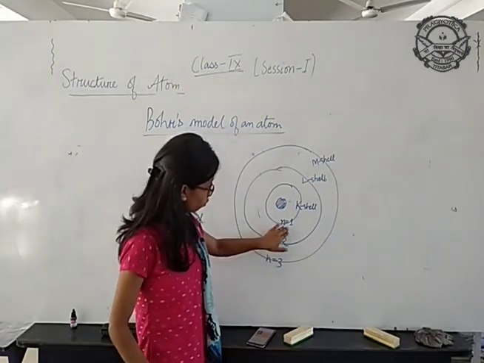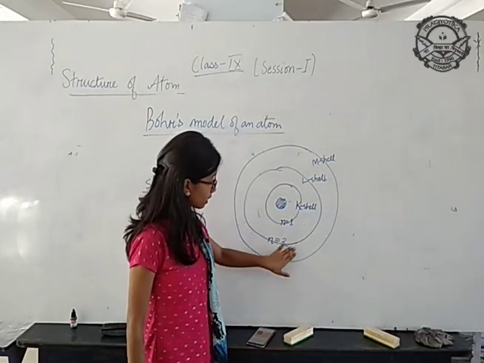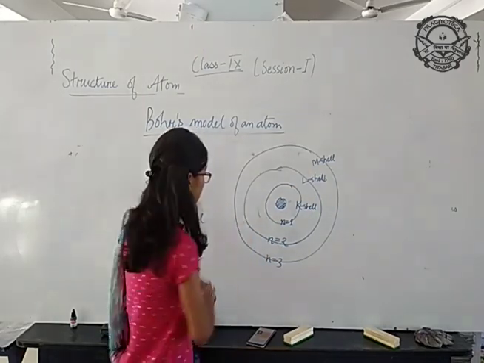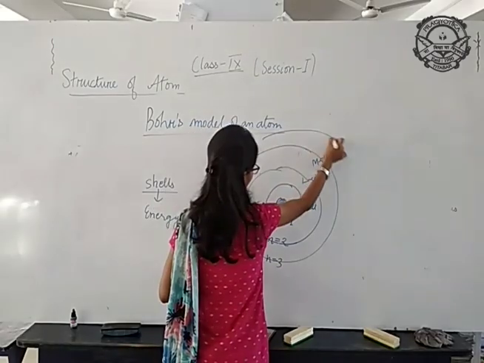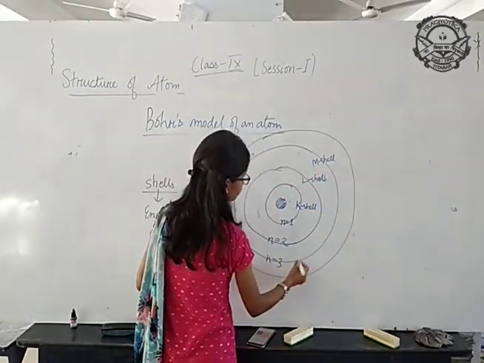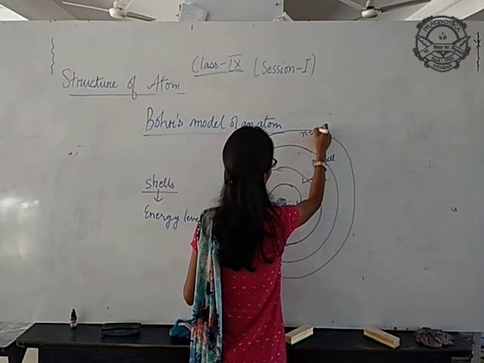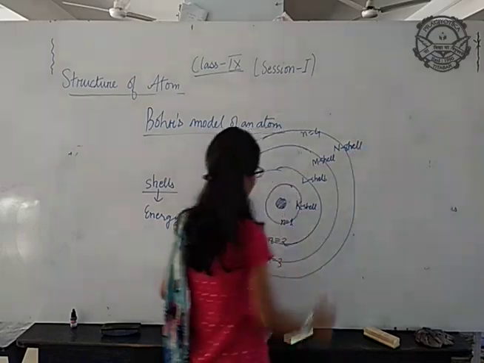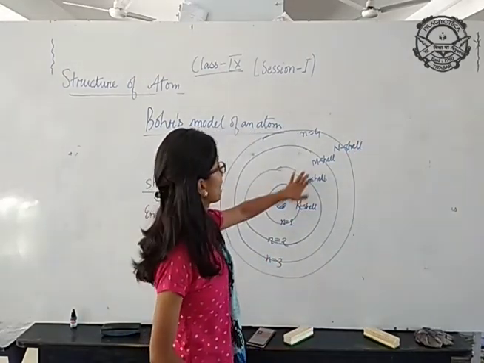See, energy level 1, it is known as K cell. Energy level 2, it is known as L cell. Energy level 3, it is known as M cell. Now further we can go also. N is equal to 4. If you are not seeing in the lower portion, I will write it here. And whenever n is equal to 4, it is known as N cell.